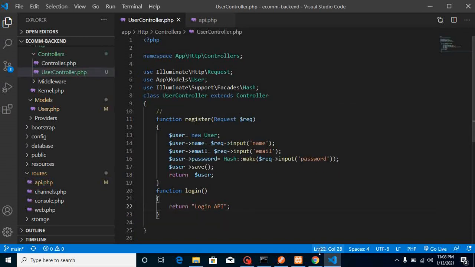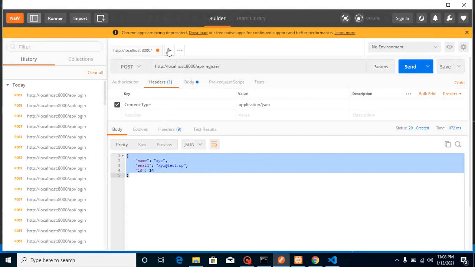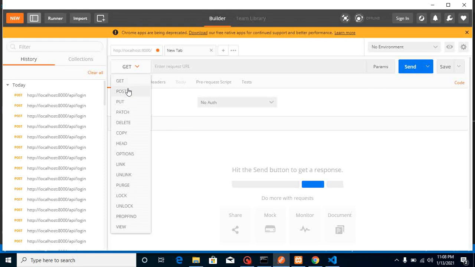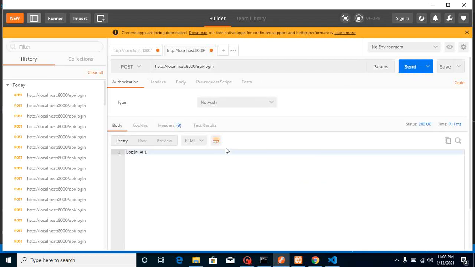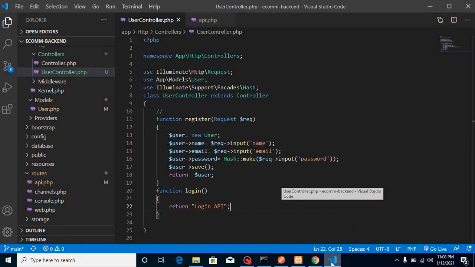That's great. So now let's try to test it on Postman. Just select the post method and write here login. It will provide the autocomplete, because I already used this API in my other videos also. And now let's hit it, and here you can see that the status is 200. That means everything is fine, and we got a login text. That means the router is working completely fine.